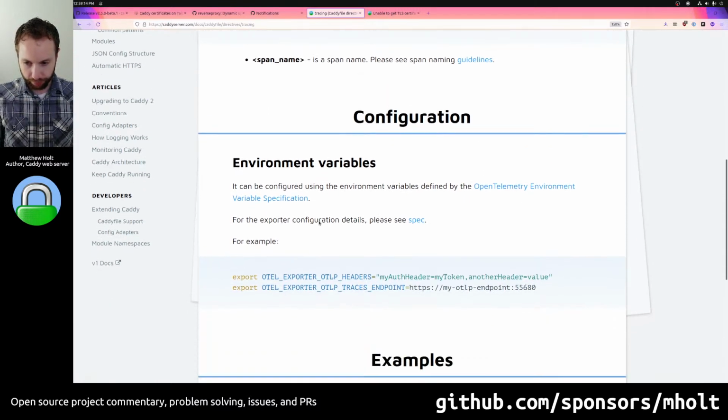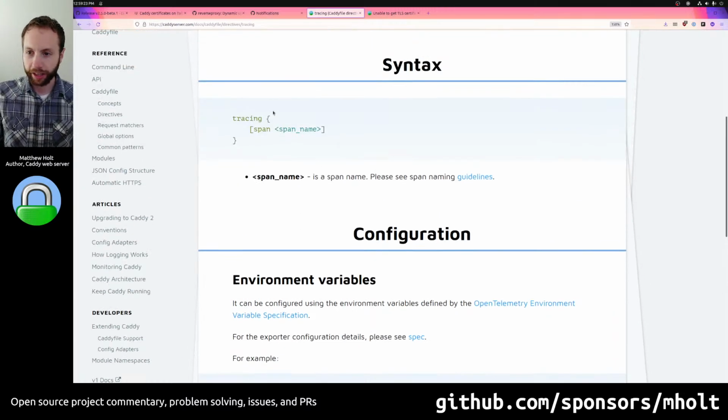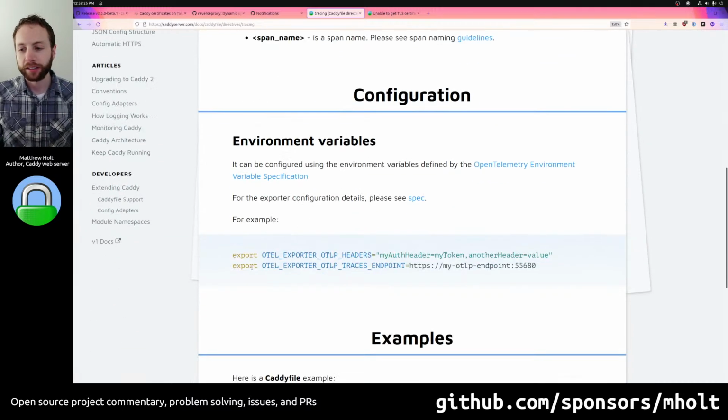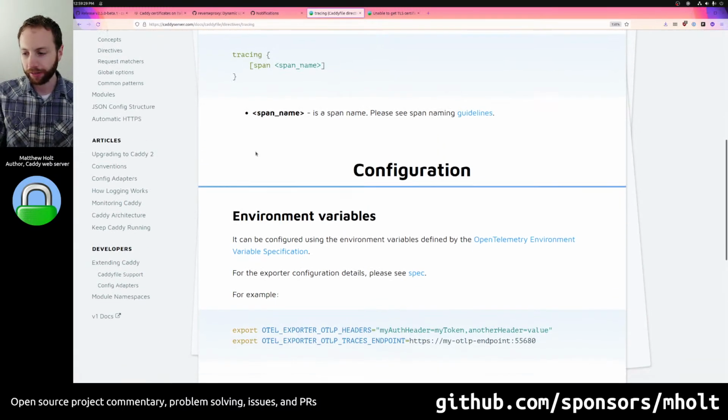But I'm not very familiar with this space. Maybe configuring OpenTelemetry through environment variables is the norm, in which case we want to comply with conventions. So I don't know, it would be nice if there was at least a way to do it from the config file, but